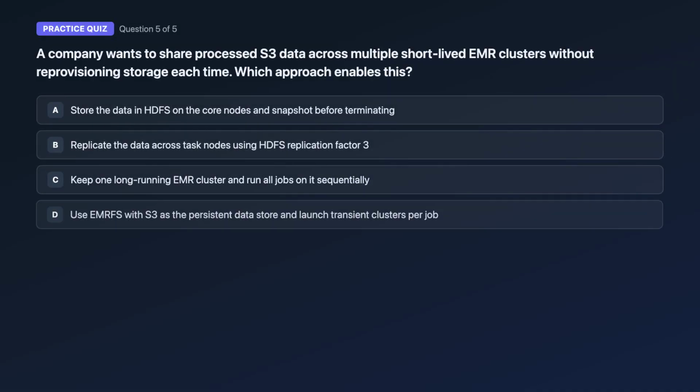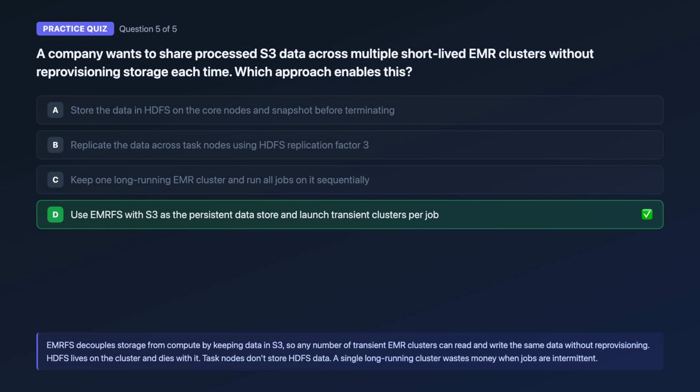Question 5. A company wants to share processed S3 data across multiple short-lived EMR clusters without reprovisioning storage each time. Which approach enables this? Is it A, store the data in HDFS on the core nodes and snapshot before terminating? B, replicate the data across task nodes using HDFS replication factor 3. C, keep one long-running EMR cluster and run all jobs on it sequentially. Or D, use EMRFS with S3 as the persistent data store and launch transient clusters per job. The answer is D,